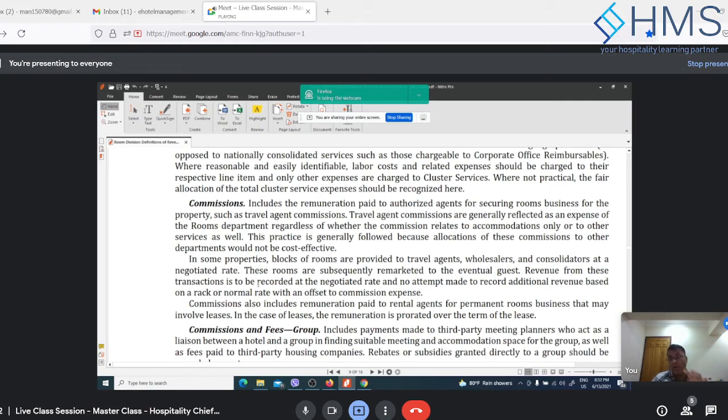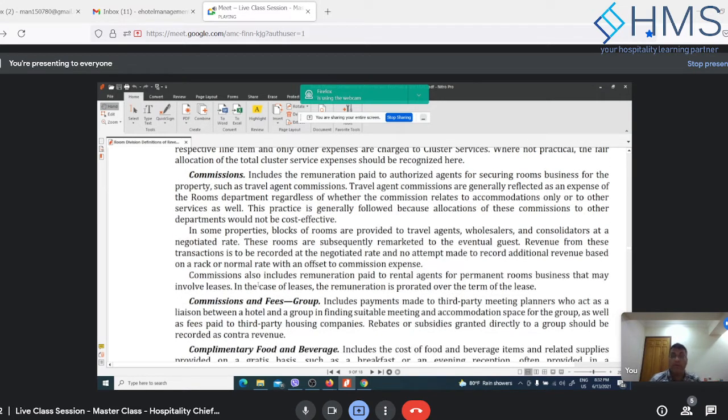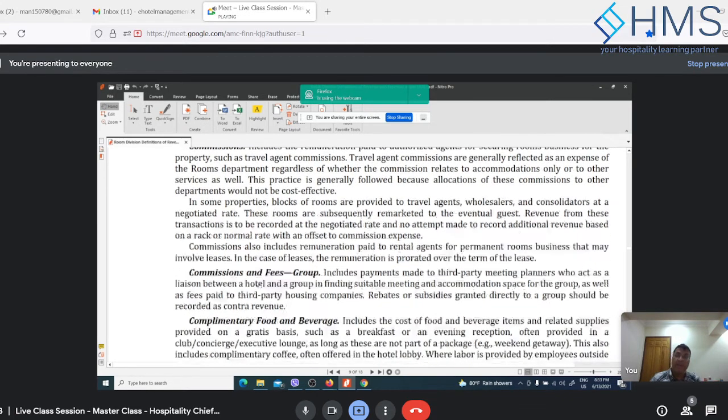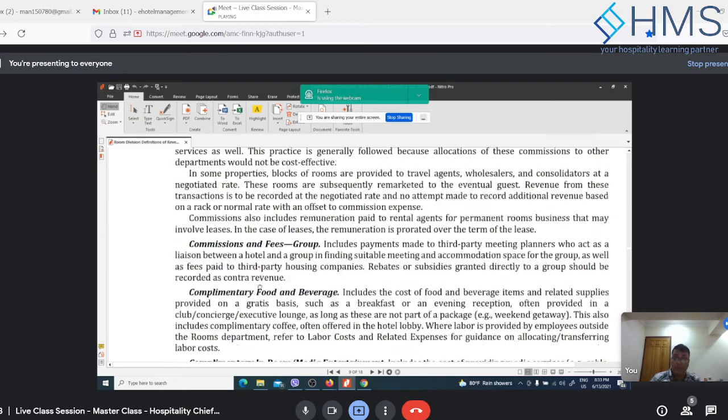But the upper commission account is mostly for transient business. You may be giving a travel agent commission, which is IATA affiliated or non-IATA affiliated, or you may be giving commission to the wholesalers or to the bookers. Sometimes you may pay the commission to the bookers, or to the leases, or to the OTAs, right? So you may want to record them separately. Then you have commission fees for the group to make the group payments.